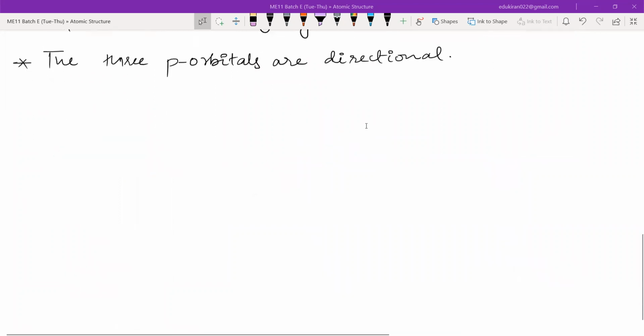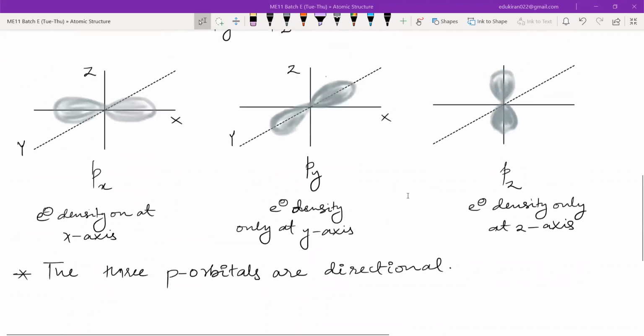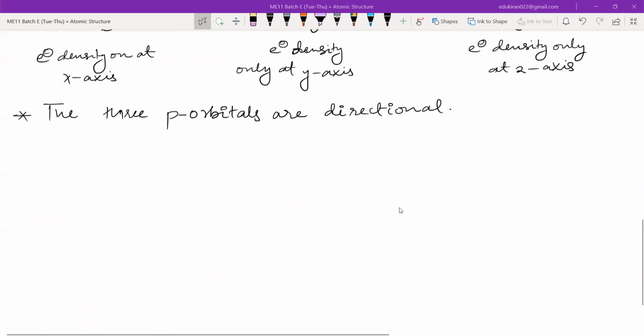Okay. Now, there is one more point that we can write here. As we can see, the p orbitals are not different in shape, right? All of them are dumbbell shaped. They just differ in the orientation, in which direction they are oriented. Their shape and size are the same, which means their energy will also be the same, but they will have different orientation. And these type of orbitals are known as degenerate orbitals. Okay, so please write this.